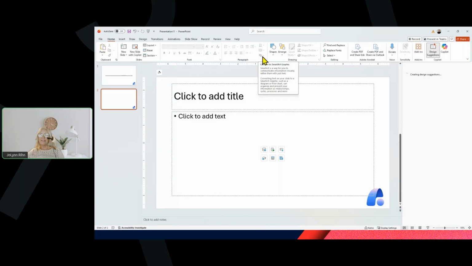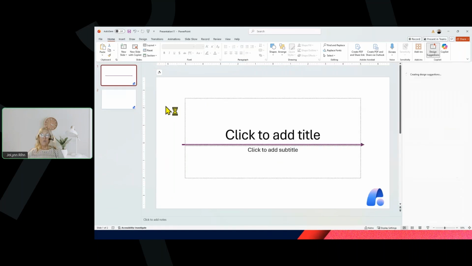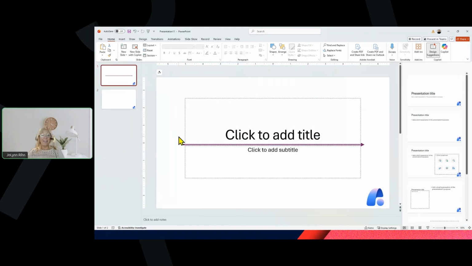That will automatically close it, and now you're back to the original presentation where you're going to put in your content, or have Copilot put in the content for you. And the logo that I had added is automatically here. If I go back to slide one, the title slide, you can see that arrow that I had added is automatically there. I have seen so many times that people want their logo to appear at the bottom right corner of every